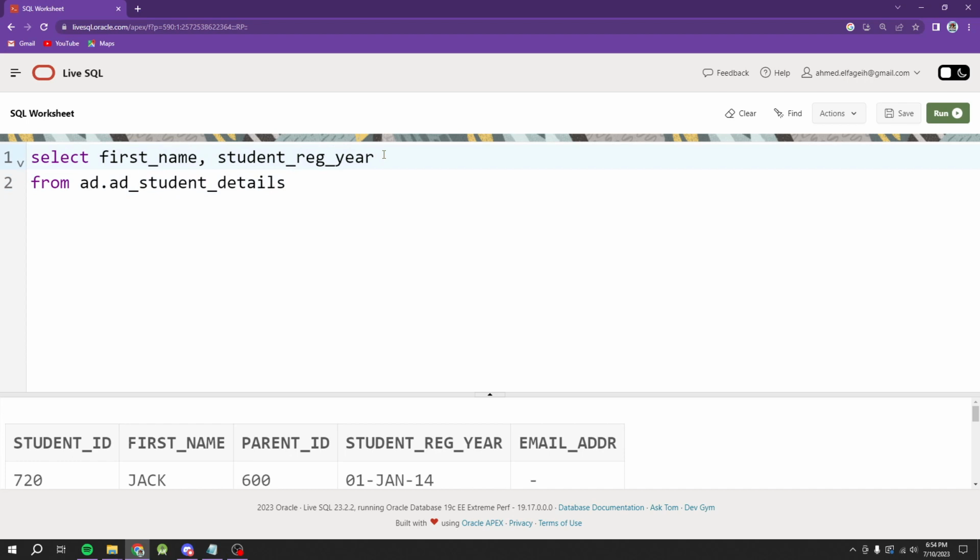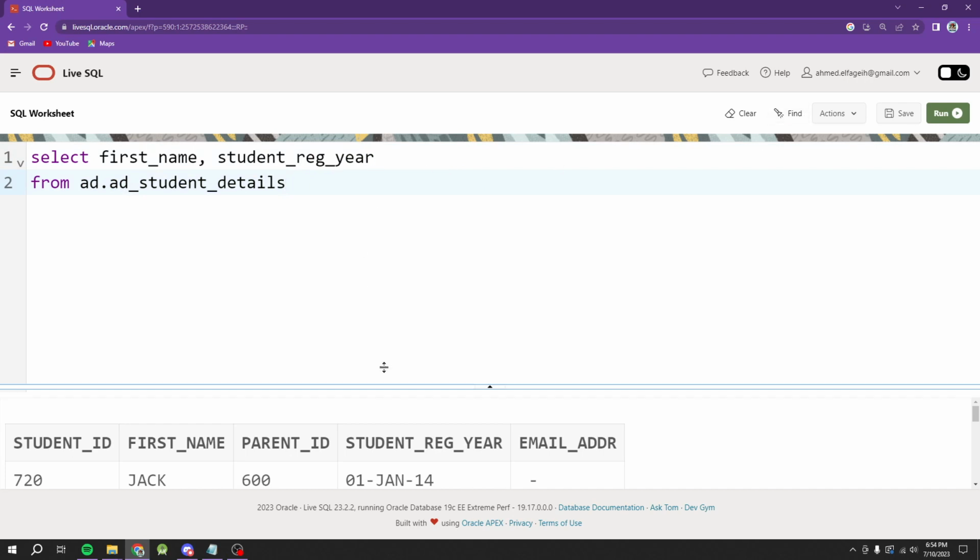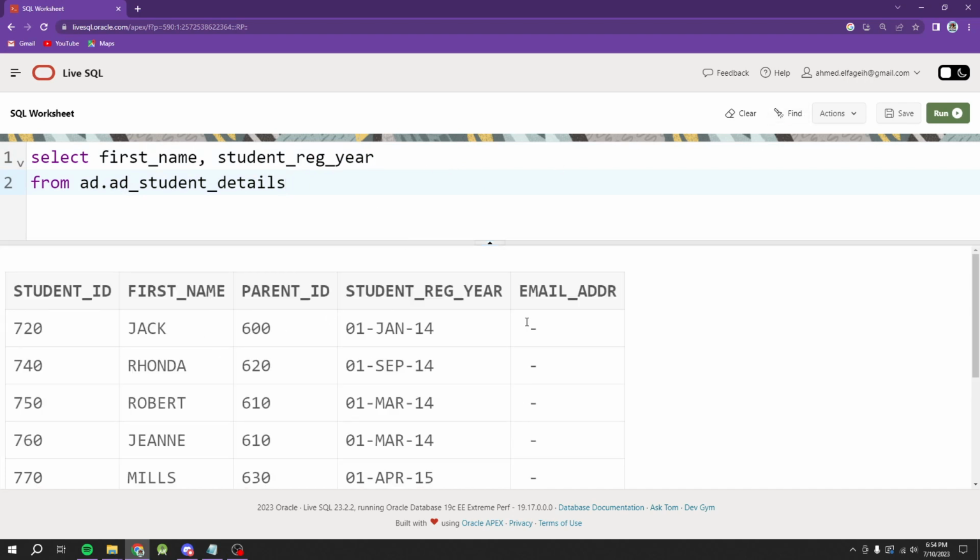If I want to select one more attribute, I can directly hit comma and give the name of the other attribute. All right, from the table name, which is AD student details, but here we gave the database name dot the table name, and then we clicked on run and we showed the results. All right,